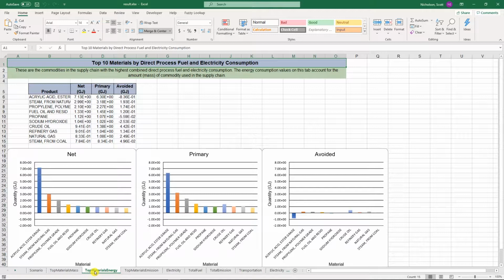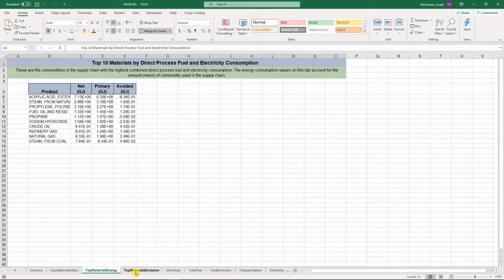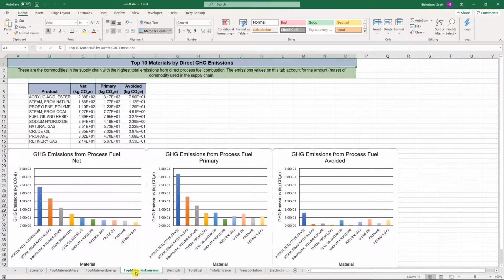Note that these values are not the same as embodied energy because they only refer to the direct energy required to produce the most energy-intensive supply chain inputs. Check out the related Total Fuel tab to get a more complete picture of energy usage in your supply chain model. The Top Materials Emission tab is very similar to Top Materials Energy, except that it ranks inputs by the